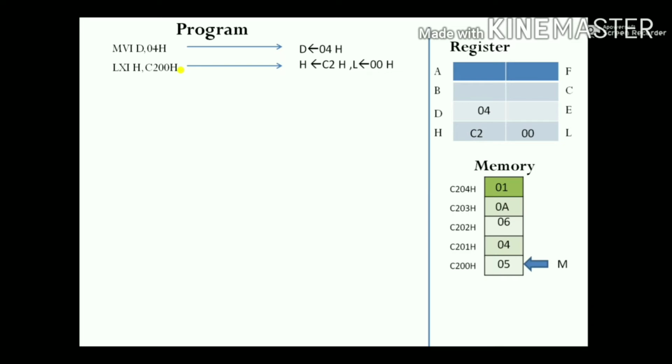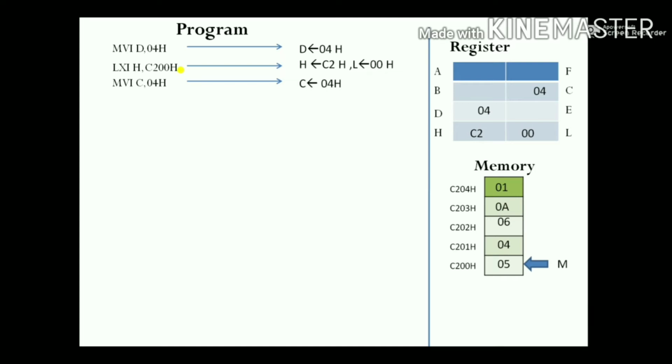Now the next step is we need to set one more counter, to count the number of comparisons. So how many times are we going to compare in each pass? 4 times, as we have seen earlier, right? So MVI C, 04H. Here register C we are using to count the comparisons in each pass. So now C is having the data 04, and memory is having data 05.